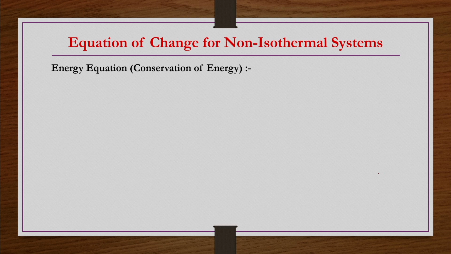So what are the types of different possible energies that may be associated with the system? We may have kinetic energy, we may have potential energy, we may have internal energy, we may have work done on the system because of the molecular stresses or because of external forces like gravity, or because of reaction. All those things may cause some kind of work done on the system, and that may include some energy, so all those terms may be there.